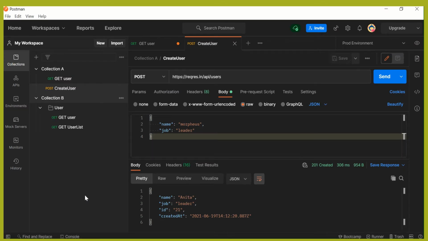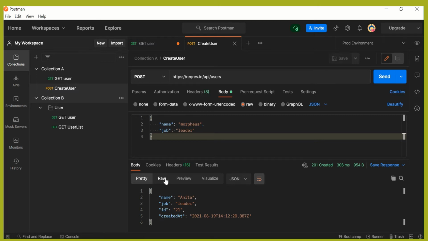I have opened the Postman application, and as you can see I have two collections which were created in the last section. One addition that I have now is that in collection A, other than the GET API request, I have added one more request, which is the create user request, and this is a POST request. This request has the payload in which we send name and job as the body parameters, or rather the payload that we send to this particular endpoint.